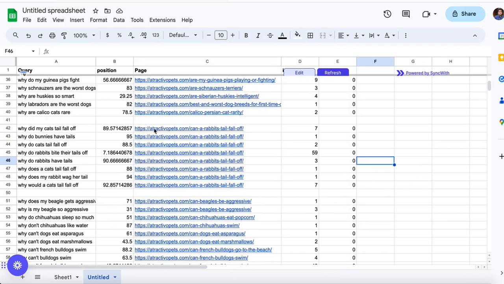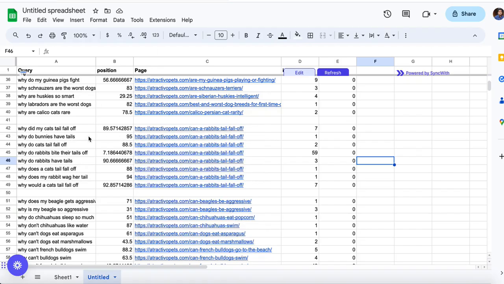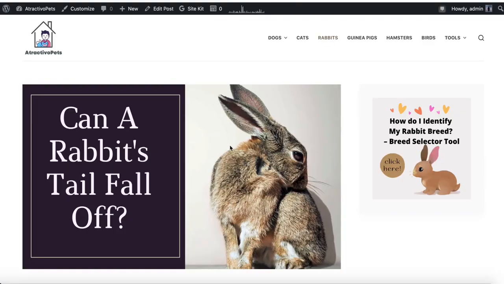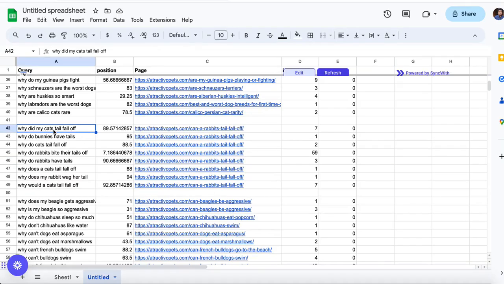So, for this particular article, Google ranked "why did my cat's tail fall off" at position 89. But my article is about rabbits, so I already found and randomly chose a keyword that requires a new article, so I